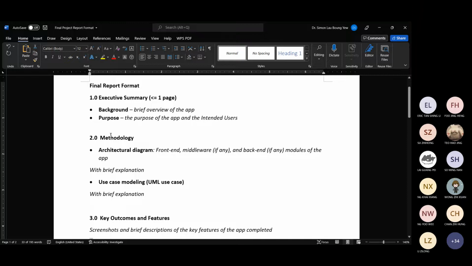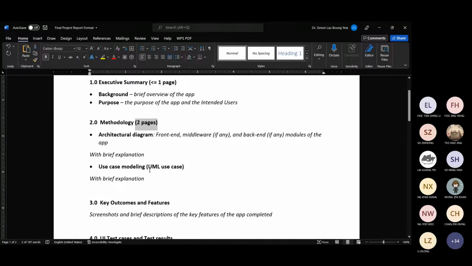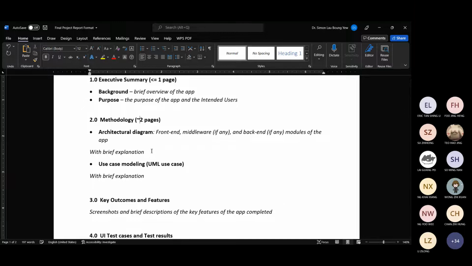I estimate with this format, this one will take you about 1 page. This one, roughly methodology, 2 pages, because you have architecture 1 page, maybe use case diagram 1 page. So around 2 pages. And then